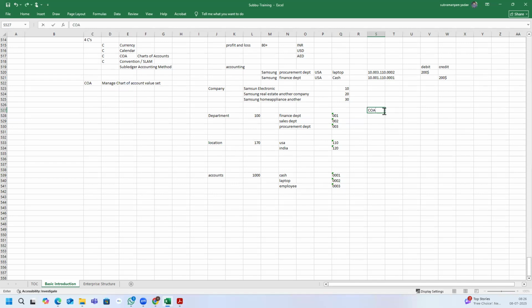what is the COA structure of your company? How many segments are there? You never say three or four. You always say seven. So they will ask, what are the seven? Then you will say, we have a company, a department, a location, a product code, a natural account, and a future intercompany, a future one,